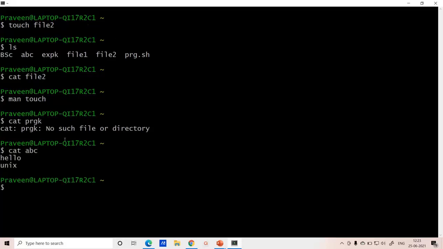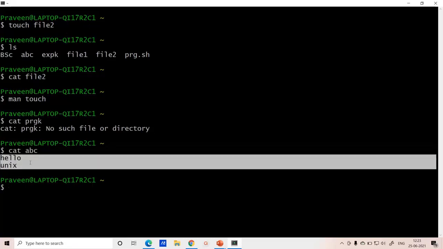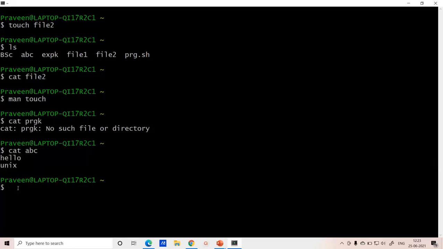Once I display it, you can see I have these two lines, hello as well as Unix. Now I want to display only the first line from that information. Then I'll use something like more plus, I'll use one since I need to display only one line, followed by the file name, which is abc. So it is .txt.